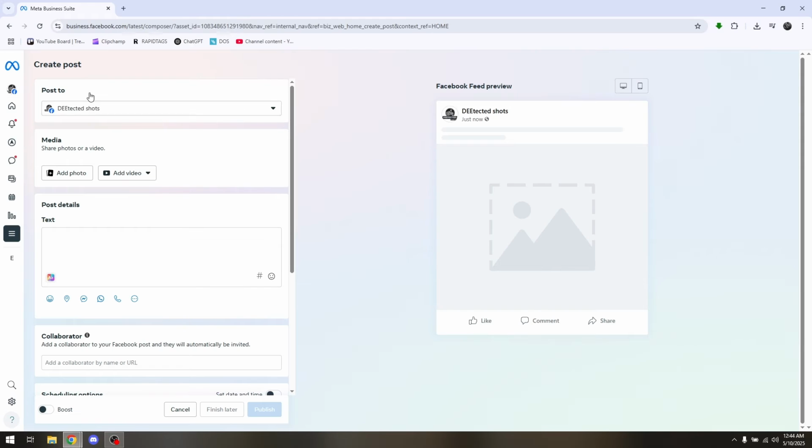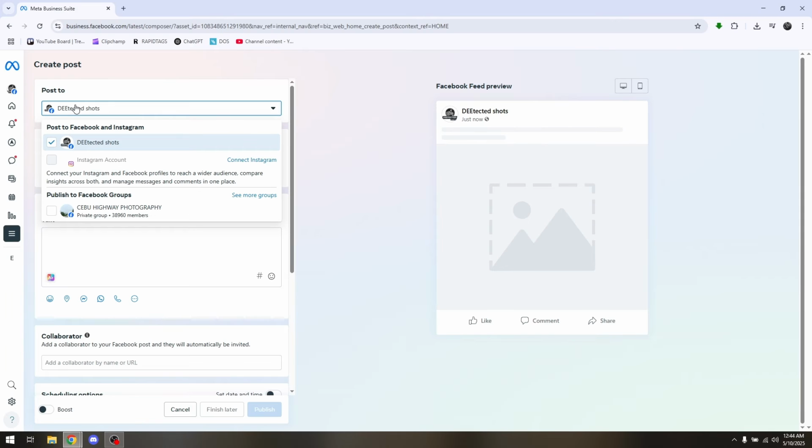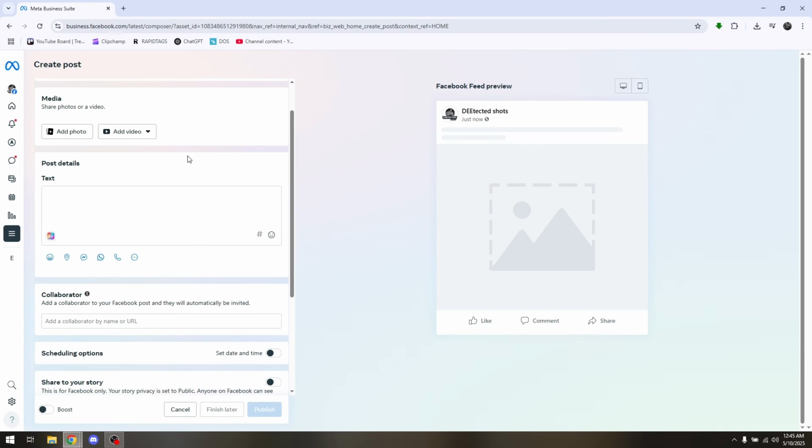Now, in here, just simply choose on Post To and make sure that this account is connected to your Instagram account. Now, if it is not yet connected, just simply choose on Connect Instagram and it will automatically link to your Instagram account. Now, choose on any photo or video you would like to be posting it on a schedule,